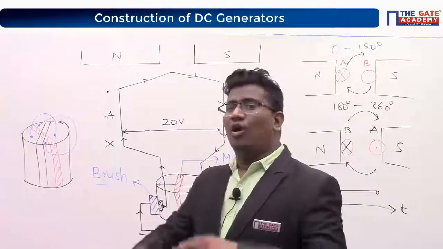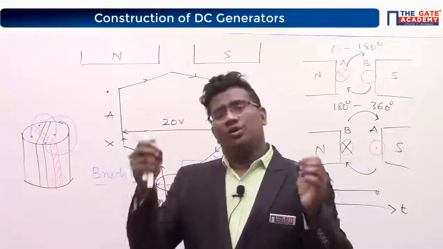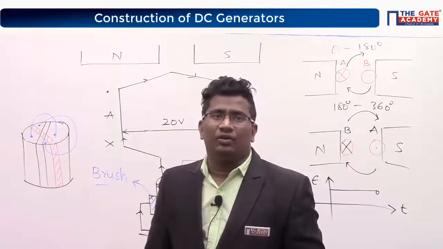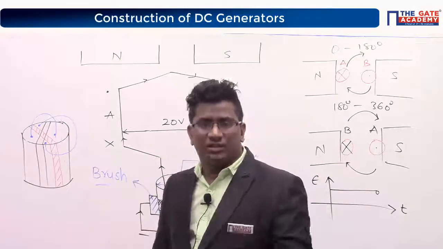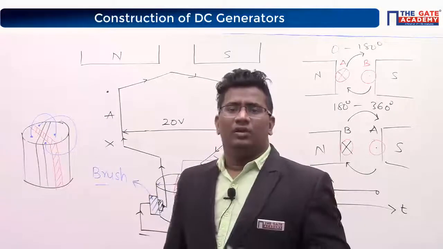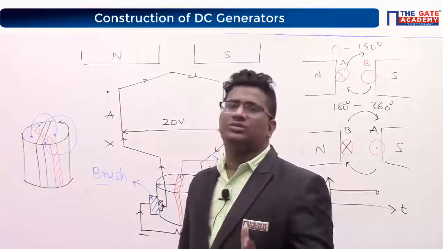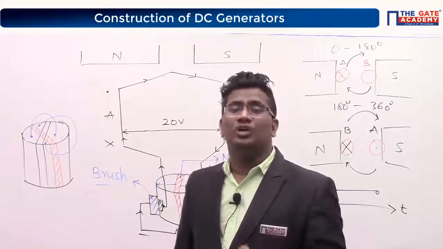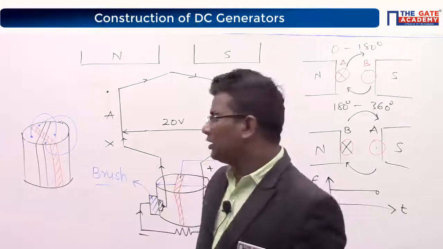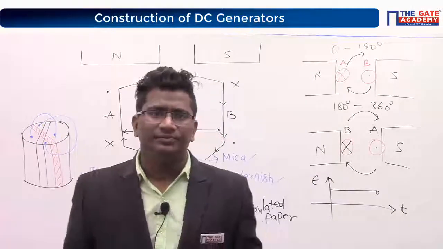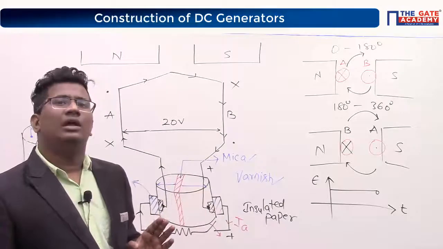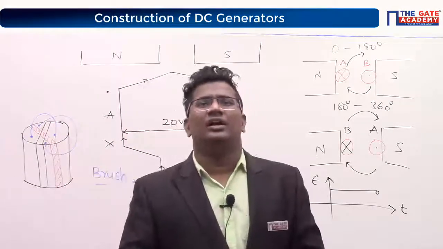If you are putting all the coils on only one segment, you are indirectly doing short circuit. To avoid the short circuit, what you have to do? If you have 10 coils, you have to use 10 segments. If you have 20 coils, you have to use 20 segments. I hope it is clear, everybody, right? Are you getting my point? Definitely you will get DC voltage, 100%.